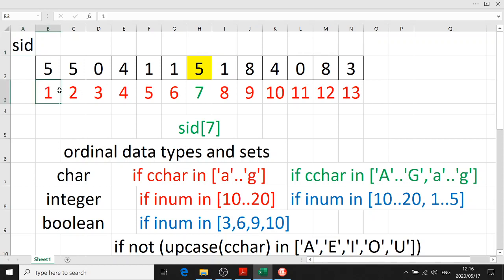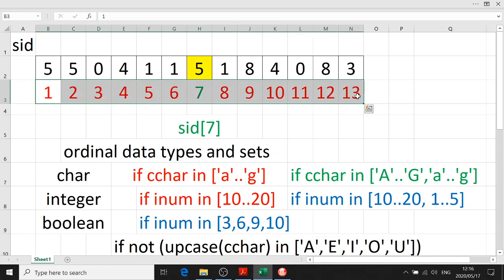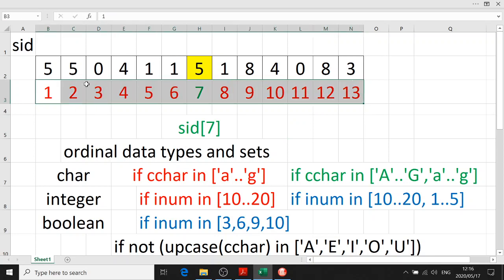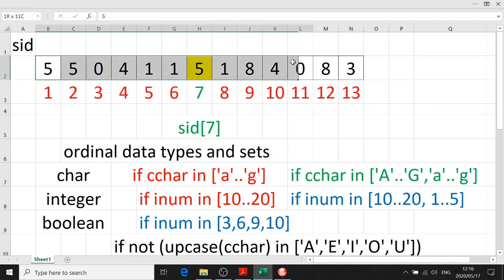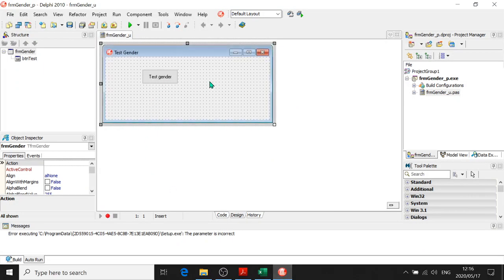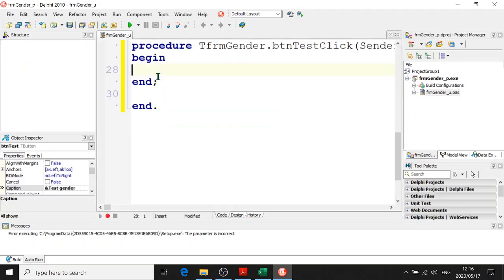So what we're going to do in this program, I'm going to test to see if the ID number is 13 digits long, because this is the character numbers here. Must be 13 characters in the ID number, and also every single character must be an integer. So let's go and do that first. Right, in the test gender button, we're going to ask the user to enter an input box. All right, double click,